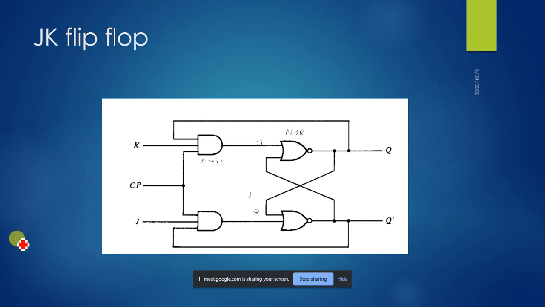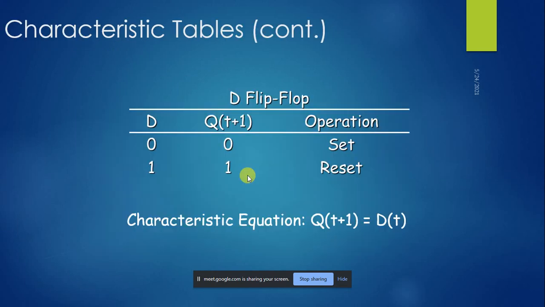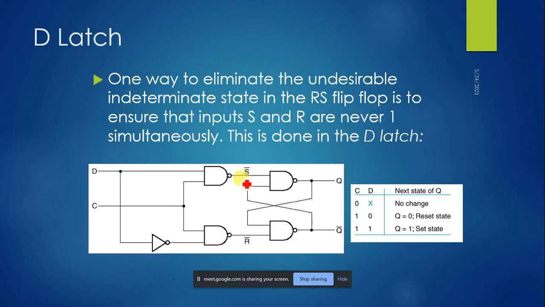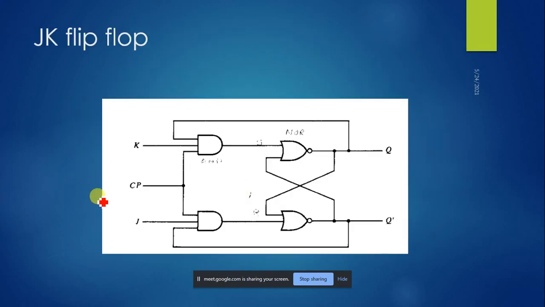So first of all, the JK flip-flop is more or less equal to your previous flip-flops like D and SR latches, but it has a common clock. Two inputs are given to two AND gates. It's a 3-input type of AND gate where the third input in both cases is the clock. Since it is a common clock, both inputs are synchronized in fashion, right?